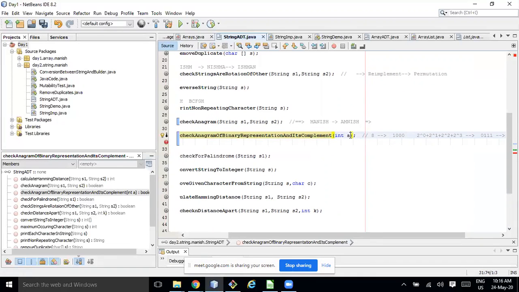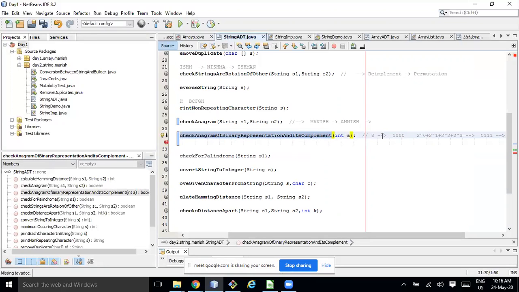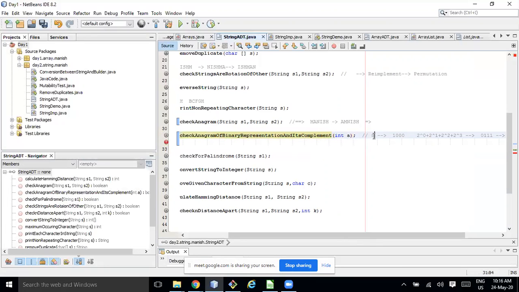Making sense? If I am representing some big 8-bit number, it won't be an anagram, since the length will increase or something like that. But in case of 8, it would be an anagram because both numbers are the same.